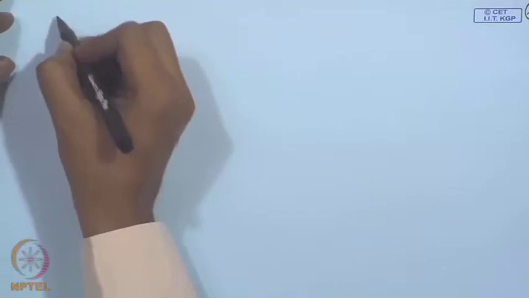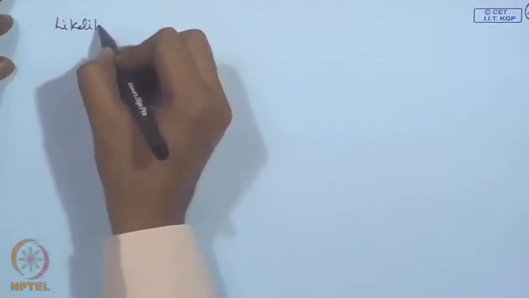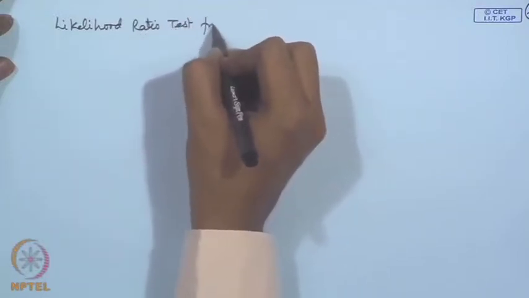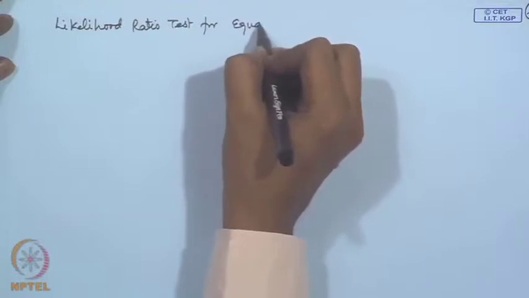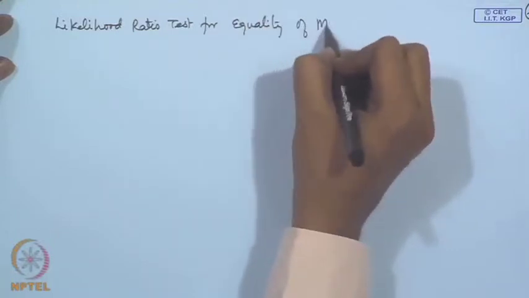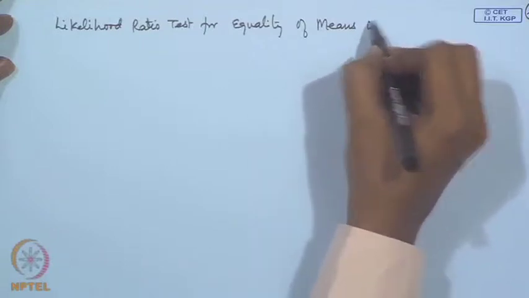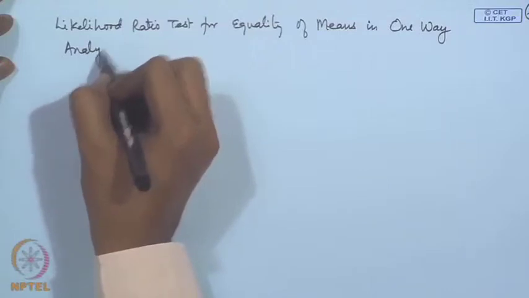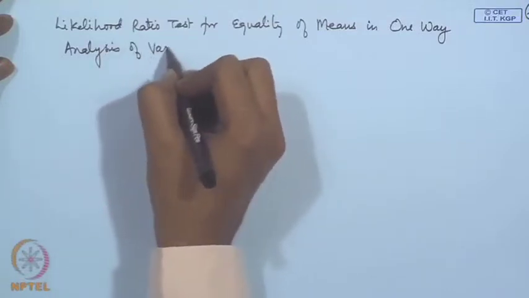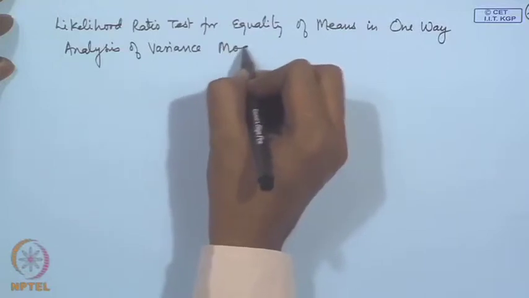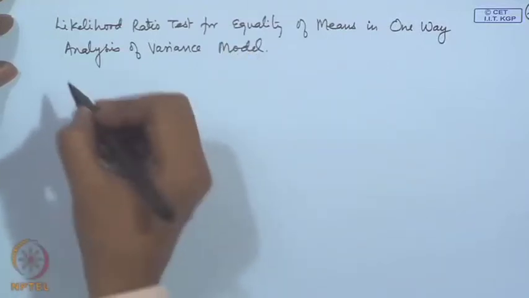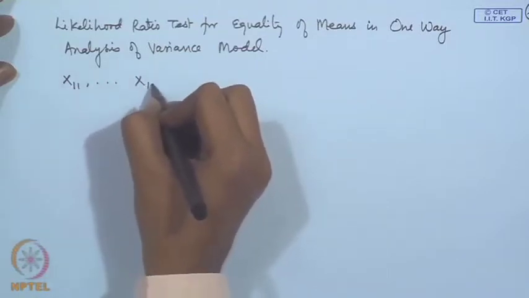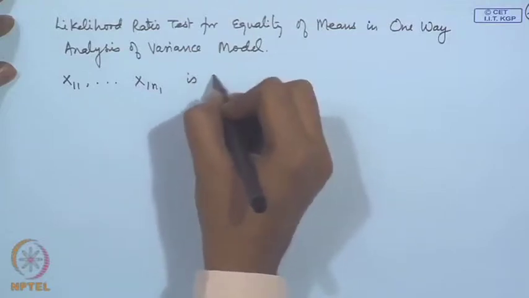So, the first one I will do is the likelihood ratio test for equality of means in one way analysis of variance model. So, the setup is like this: we are having x 1 1 and so on, x 1 n 1. This is a random sample